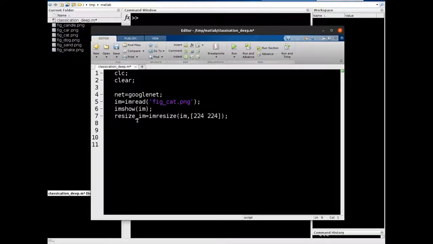Let us first see the categories over which Google Net has been trained, so that we can see using the class name features in the layer of the network. So let us write the code for invoking that. Let me name it as category name, net dot layers, and it will be the last layer. Category name will be in the last layer of the network, so that you can put n here, and then the feature class names. So this will tell us what are the categories over which the Google Net has been trained.